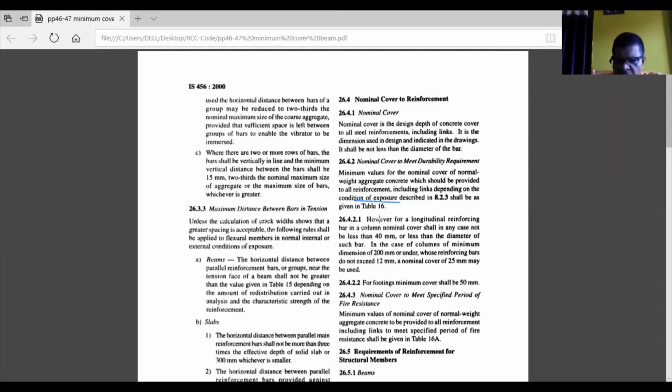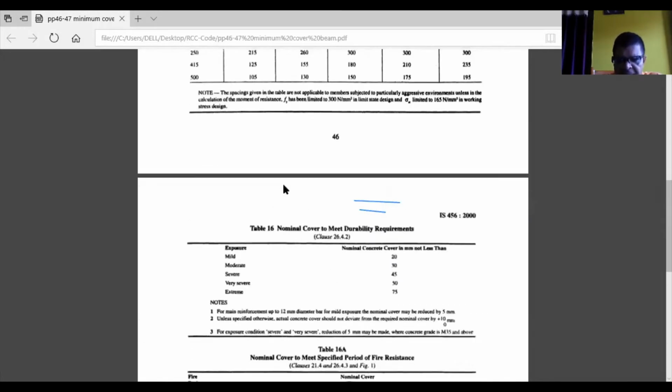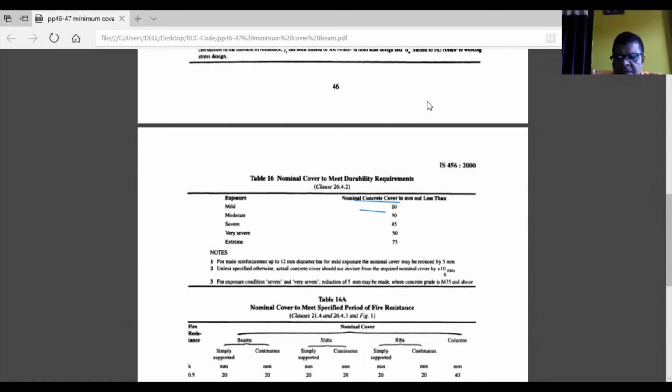However, all these things for beams and slabs are given in Table number 16. So go to the next page of the code, page number 47. In Table 16 on page 47, it is written: nominal cover to meet durability requirements, clause number 26.4.2.